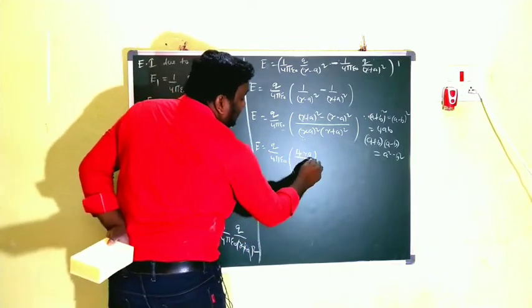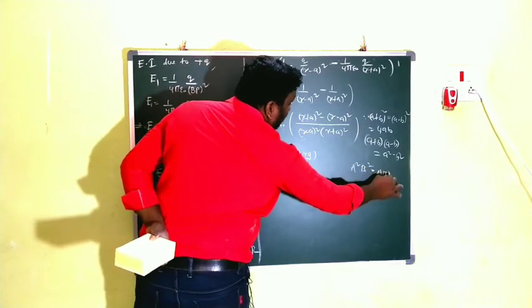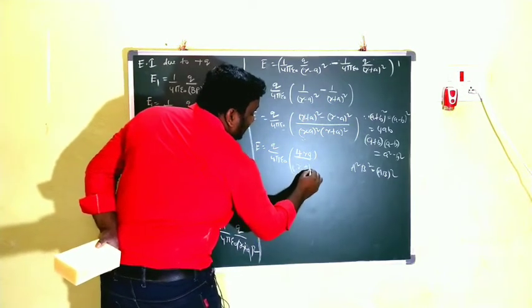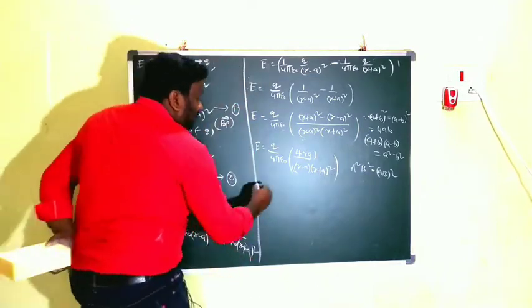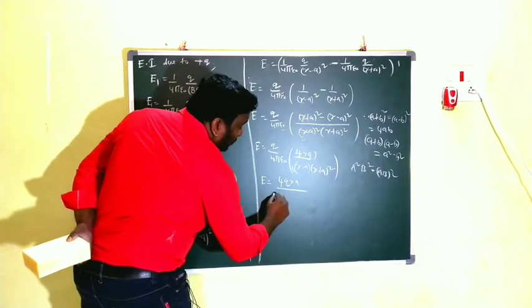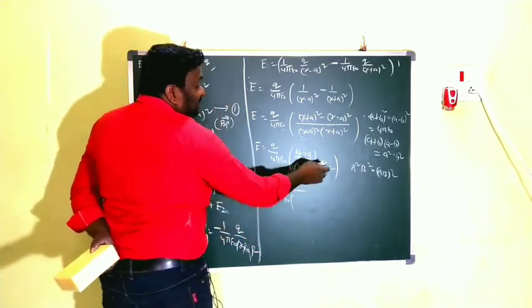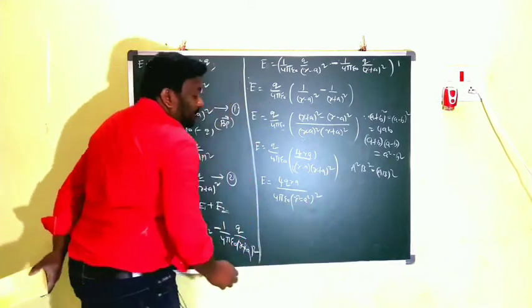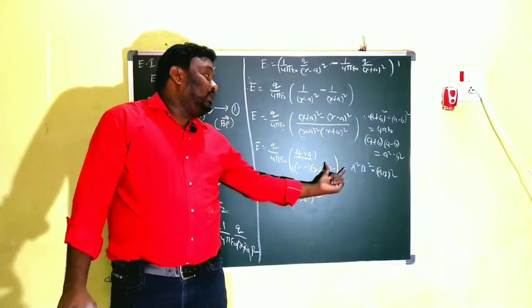This is (r minus a) whole square. I mean we have a square into b square, I am writing like (ab) whole square. In the denominator I am writing (r minus a) into (r plus a) whole square. Clear? Now I am writing E is equal to 4 into q into ra by 4 pi epsilon naught into, this is (a plus b) into (a minus b), like that, (r square minus a square) whole square. Clear? Don't confuse, children. This is (r minus a) into (r plus a) whole square.